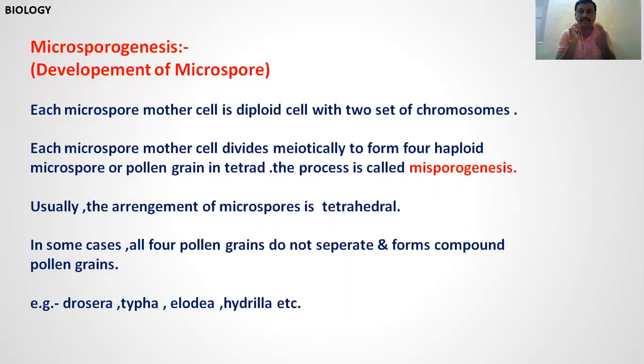The endothecium is the second layer from the outside. Third is the middle layer, with 2 to 3 layers present. It is the nutritive layer and also provides energy for the development of the microspores. And last is the tapetum, which provides special proteins and enzymes to the microspores. These are the 4 protective layers of the anther wall.